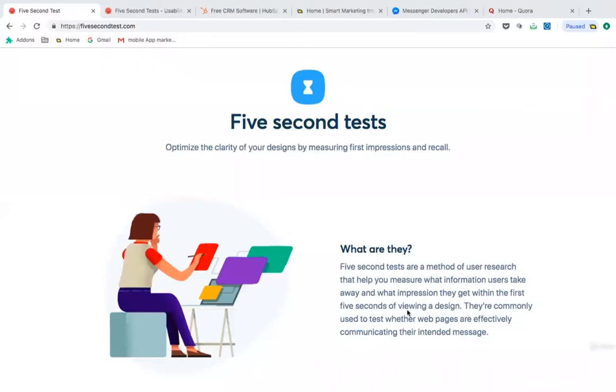Hello everyone. In this video, let's talk about growth hacking tools for customer retention. Now, in this video, I will talk about different tools, and there are 4 tools I will be discussing. The very first one is